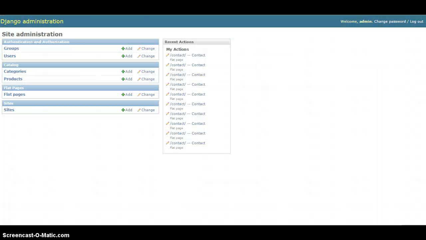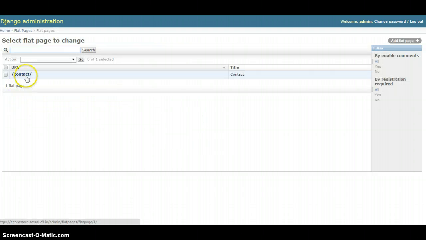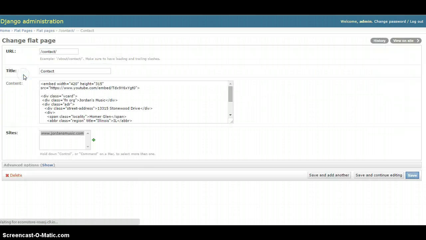So now I'm going to go to the demo flat pages, and I'm going to show you my contact flat page that I made. I followed the instructions in the book, enabled the flat page builder in the admin function, which I have shown right now. Now we'll go in the admin tab. As you can see here, I have the contact page and the flat page right here. Okay, I'm going to click on the contact. I'm going to open that, and right here in the content,